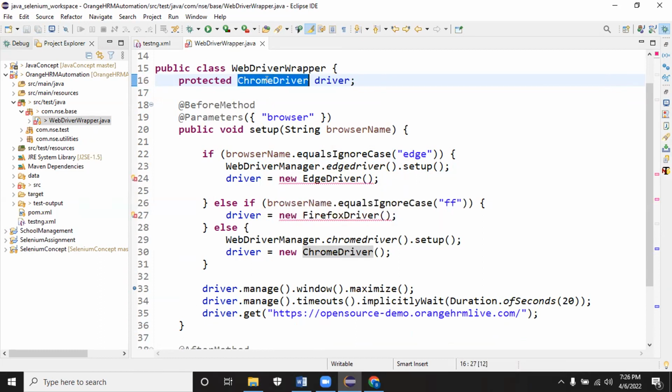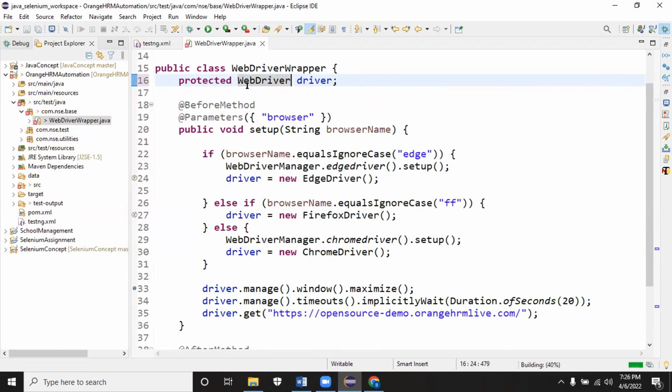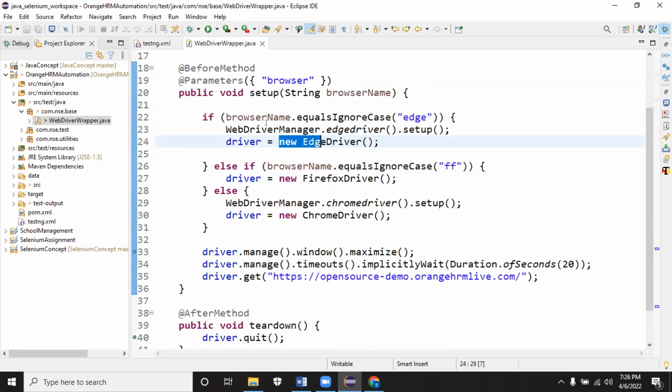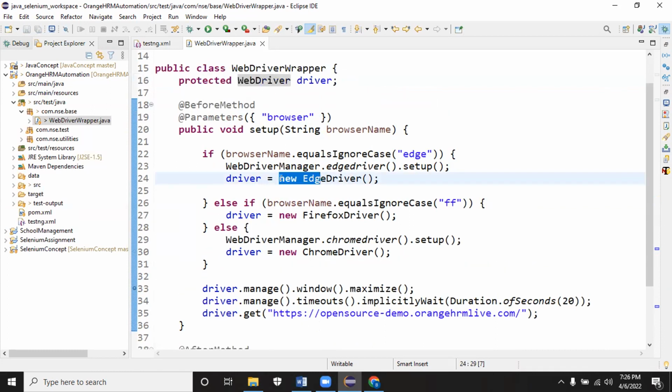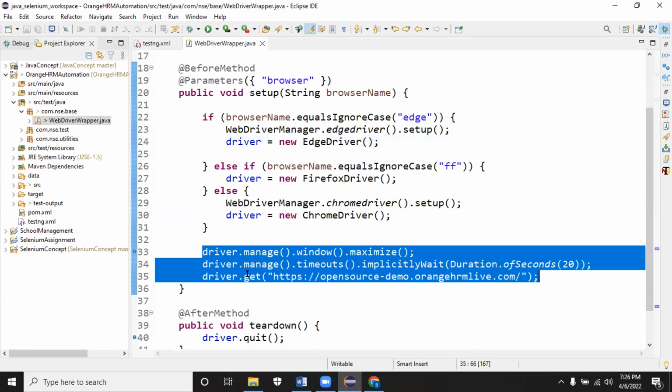And one more thing is cross-browser testing, which is going to be very simple using some OOPS concepts. The OOPS concept of abstraction, we are able to achieve this. Inheritance concept: a child object, you can store it in the parent. There is a common parent, WebDriver. It's an interface. It has some set of methods, and those rules only we are actually using. And the rest of the code will remain the same, so no need to alter this.